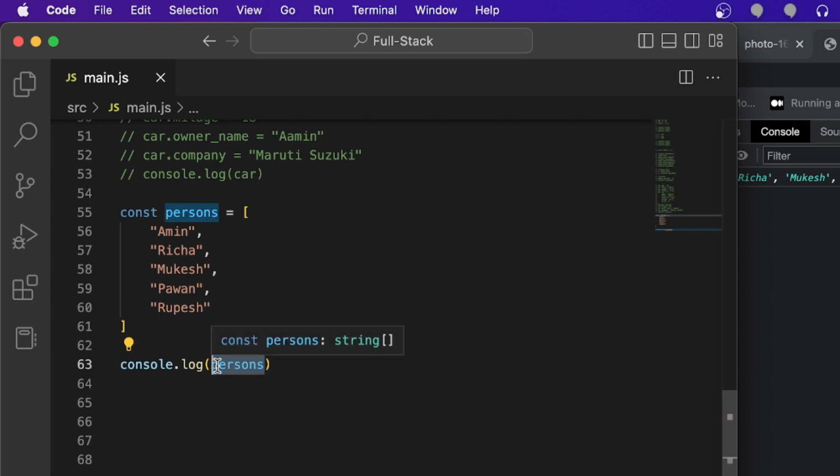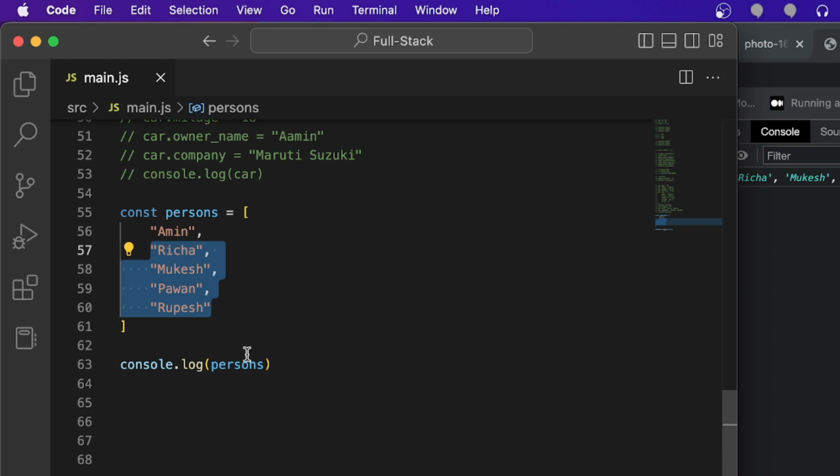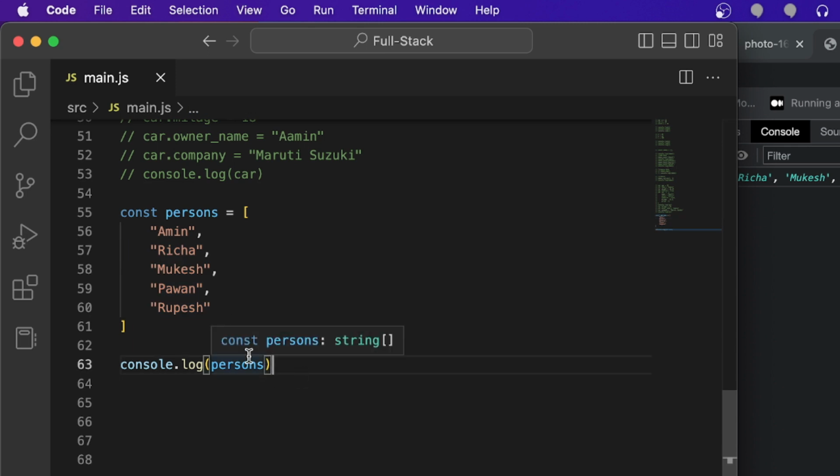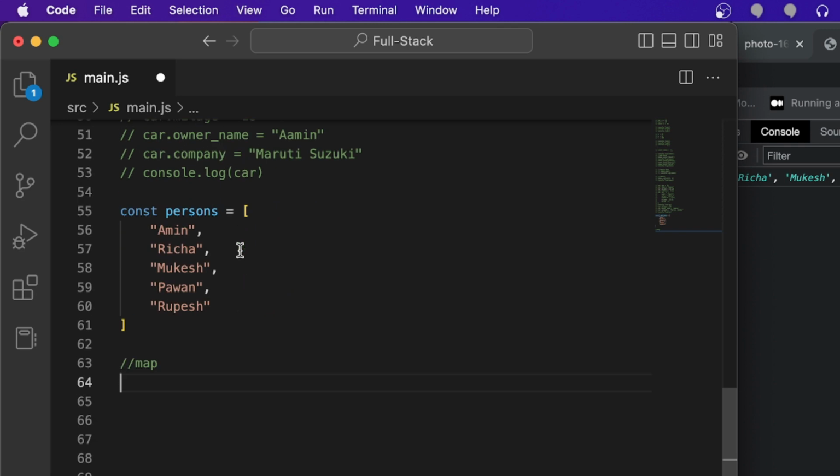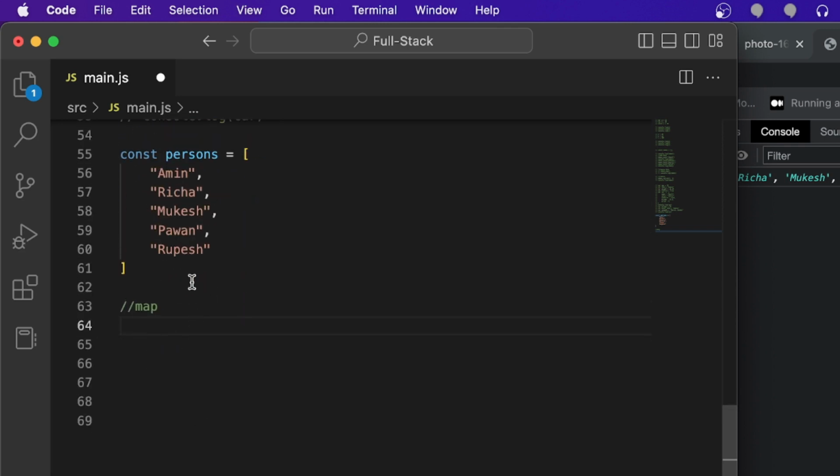But sometimes you have to modify this data before displaying it. You can display this data multiple times using a loop, but we won't discuss basic stuff. We will discuss some operations, meaning you modify data and display it in a different format. The first is by using the map